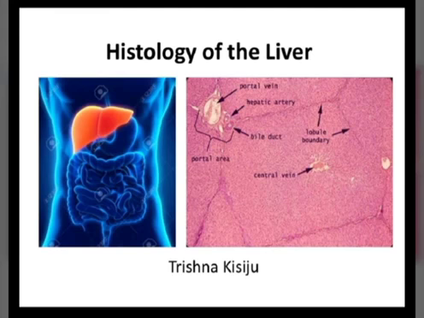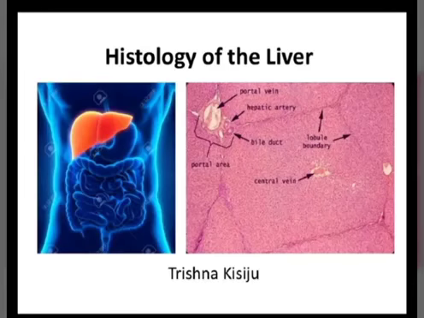And you know, in addition to a supply of arterial blood from the celiac trunk, it also receives major, that is 70% blood supply from the veins of the intestinal tract. It receives all the materials absorbed from the gastrointestinal tract with the exception of lipid, most of which is transported into the lymphatic system. In addition to the digested materials, the portal blood also carries to the liver various toxic substances. So I will talk about the functions of the liver later on.